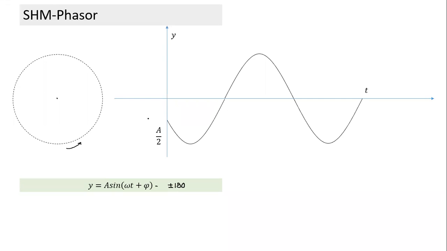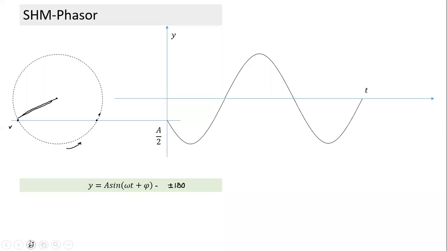So in this case also, if I have to draw the phasor, yes, there are two possible points here. These are the two points which have the same y coordinate as this point at t is equal to 0. So is it this or this which is the correct one? What I notice here is that this point is moving upwards and this point is going downwards. Which is the correct one? This is the correct phasor. So this particular SHM equation curve I can represent by this phasor.